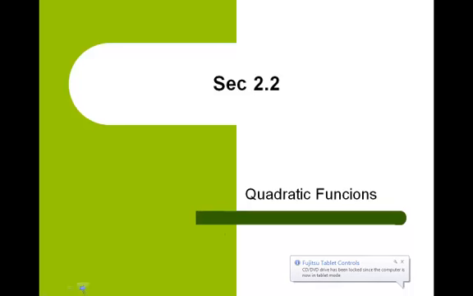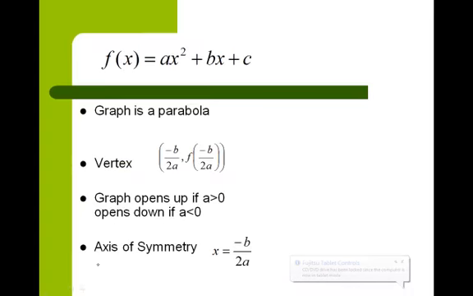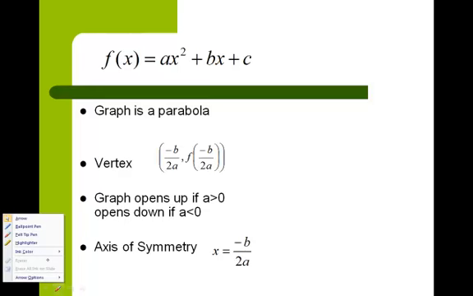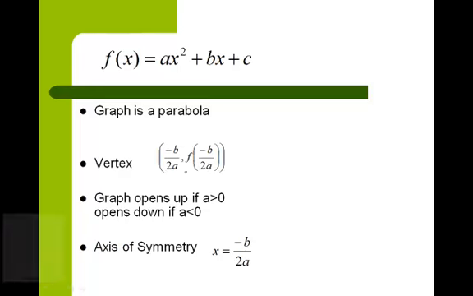Section 2.2 is quadratic functions. You should be familiar with f of x equals ax squared plus bx plus c. It's the graph of a parabola. The vertex, we find the x value by using negative b over 2a, and then to find the y value,